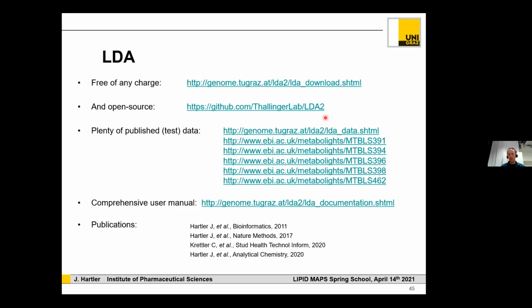You can find the open source project over here. We have several published data sets where you can play around with them before you start with your own data. The LDA has a quite comprehensive documentation where you can find more details. I could not cover all of the details in this talk, and this did not include the specifics about the sphingolipid extensions. And here you find many more publications, but those have to do directly with the algorithms and